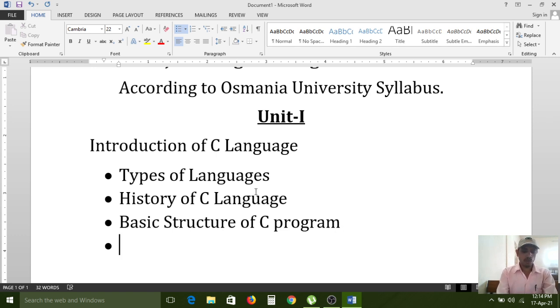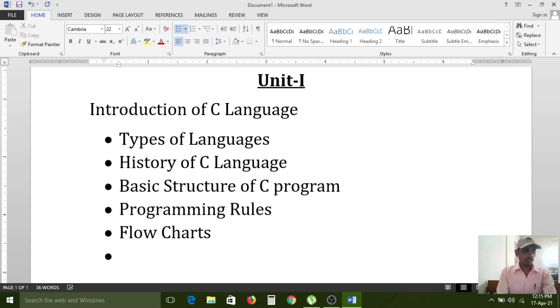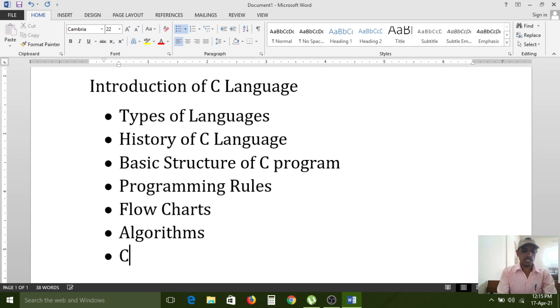Next, programming rules. Next, flow charts. Next, algorithms. Next, commonly used library functions.